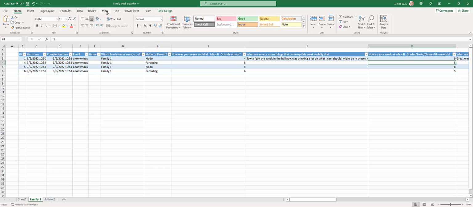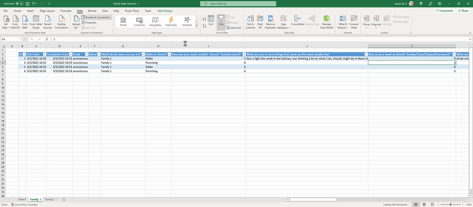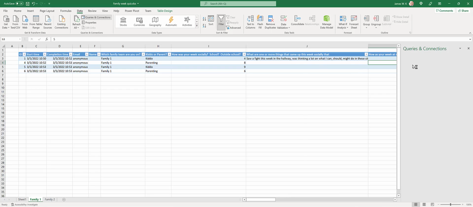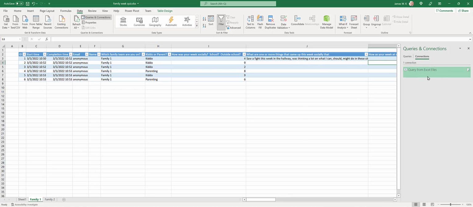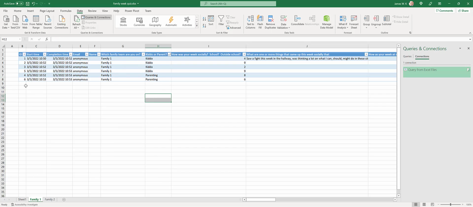Let's see, where is our view? Nope, data, queries, and connections. We can refresh this data. There we go. Cool, super cool. Now, what do we want to do with it? We want to now pivot the kiddos and parents out. So let's sort for a minute by that. So now the data is kind of cleanly separated. We might want to aggregate all the rows, so to speak. So we might want to say average